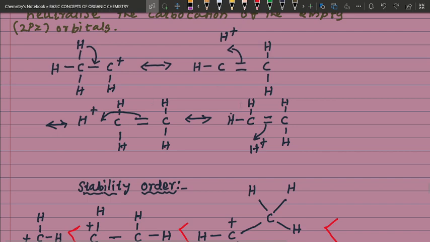Next, see here, this sigma bond goes as H plus, which means the sigma bond converts to a pi bond. So this hydrogen attained H plus ion, this hydrogen attained H plus ion. Stability order, see,